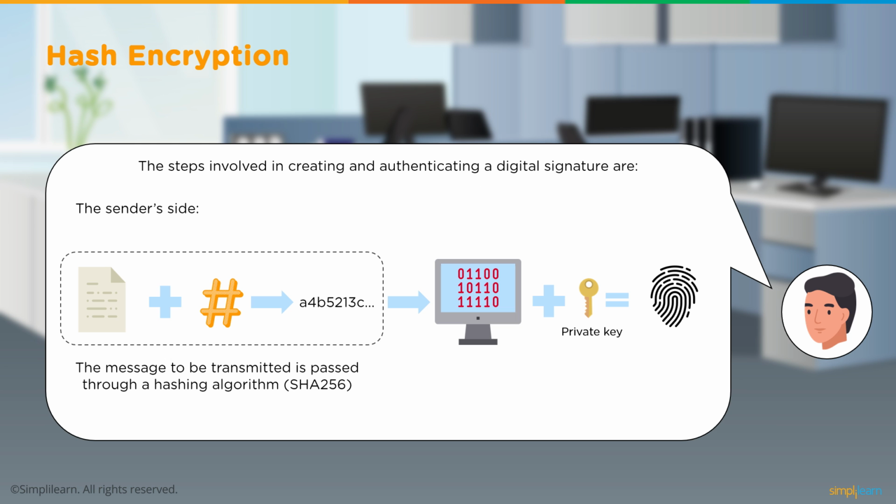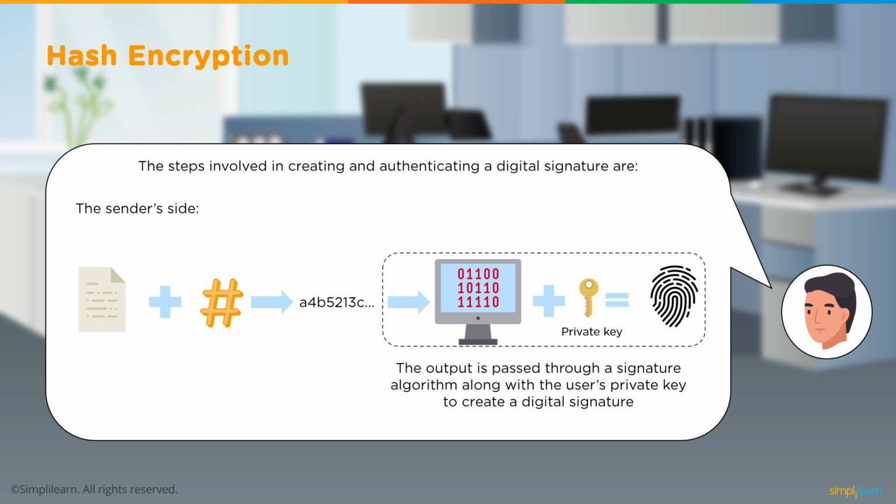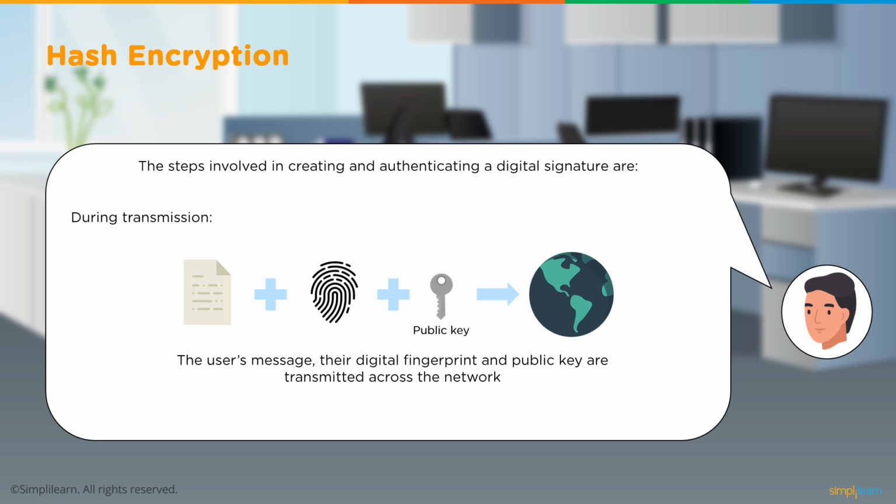So these are the steps involved in creating and authenticating a digital signature. At the sender side, the message to be transmitted is passed through the hashing algorithm. In the case of Bitcoin, it is SHA-256, and the hash is generated. Now this output is passed through a signature algorithm along with the user's private key to create a digital signature. Now during the transmission, the user's message, their digital signature, which was generated in the previous step, plus the public key are transmitted across the network. So these three things are published on the network for the validators, for the miners to use and verify the